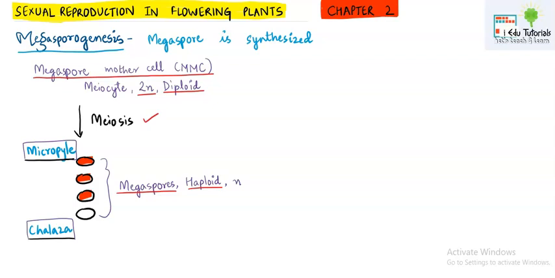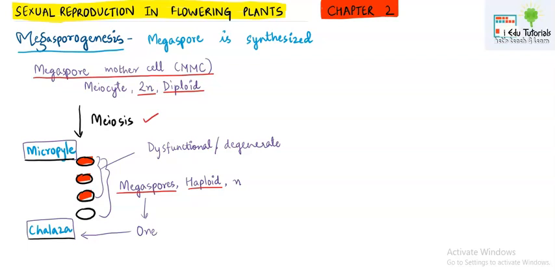The difference is that in microsporogenesis, all the 4 microspores or pollen grains were functional. But here you can see the ones which I have colored red will become dysfunctional. Or we can also say that they will degenerate, means they will die, they will not grow further. So how many megaspores are functional? Only 1. And which one? The one towards the chalazial end. So this is very important, that out of 4 megaspores, only 1 will be functional.